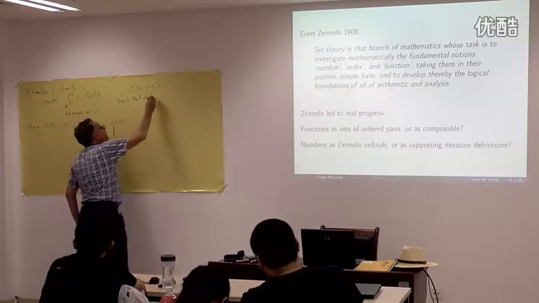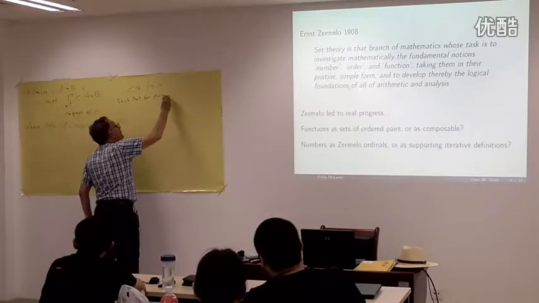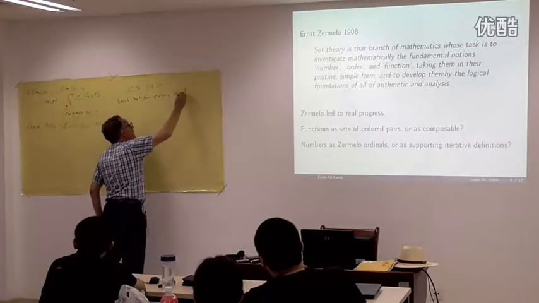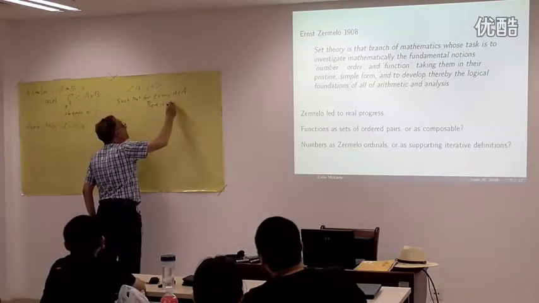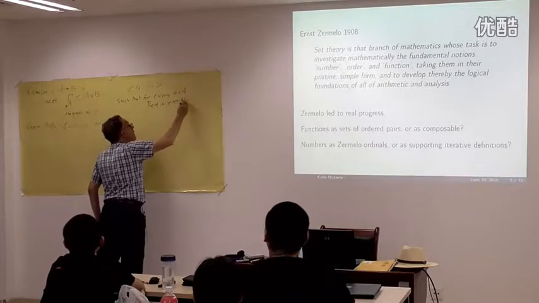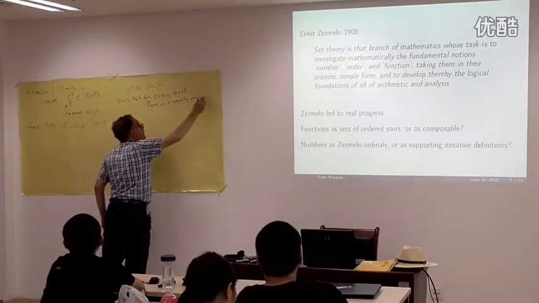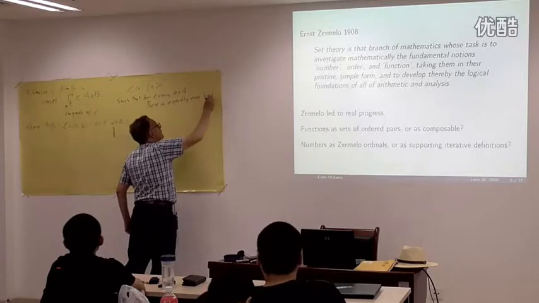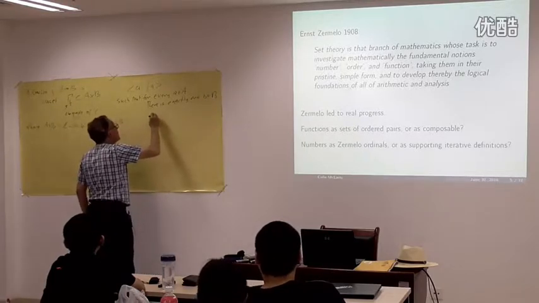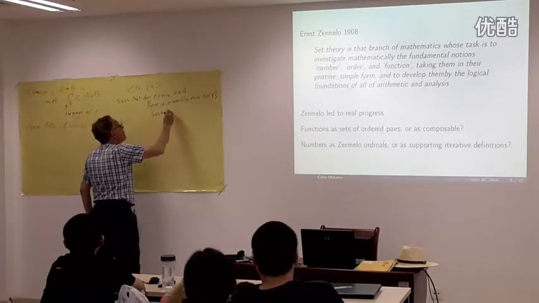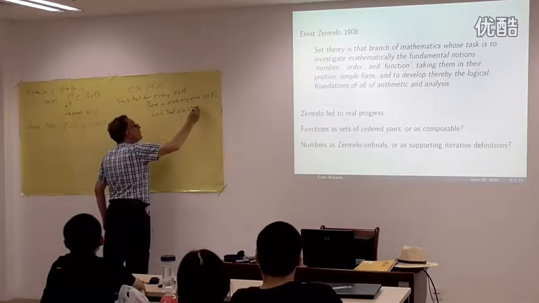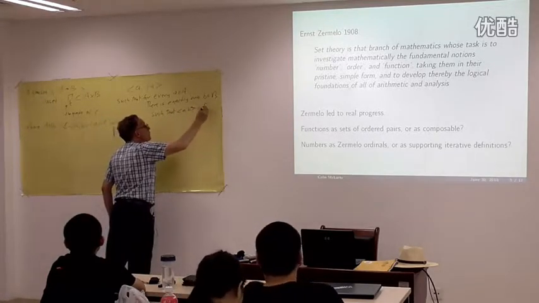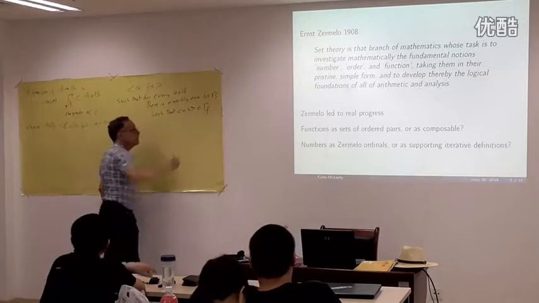Such that for every a element of big A, there is exactly one b element of big B such that the pair (a, b) is an element of the graph of f,